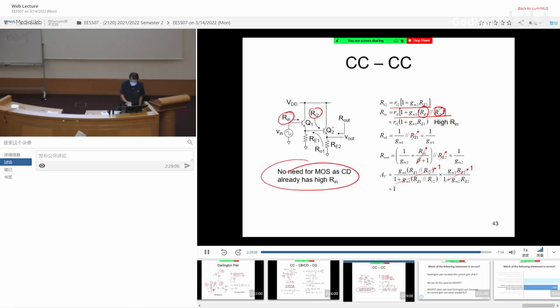The output resistance is determined by Q2, so it's basically 1 over gm. And for the voltage gain, very straightforward, it's basically just two unity gains multiplied by each other. So this kind of amplifier, usually you don't need, maybe I shouldn't say,